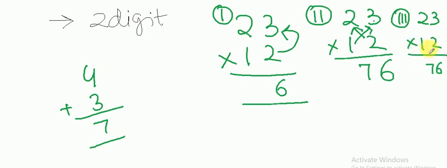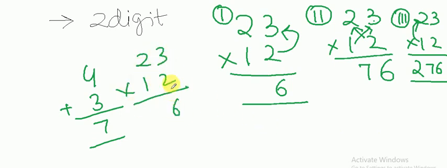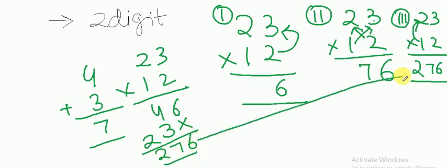I already have to write. Third step is multiply this by this. So 1 into 2 is 2. So this is your answer. You can even cross check by your traditional approach. See, I'll be checking. 2 into 3 is 6. 2 into 4 again. 1 into 3 is 3. So 2 into 1 is 2. 276. See, both are same.